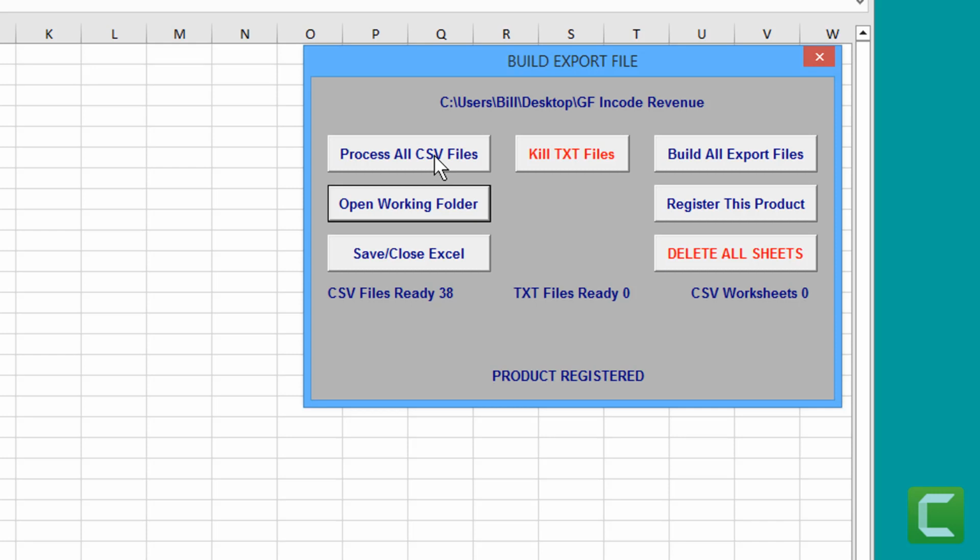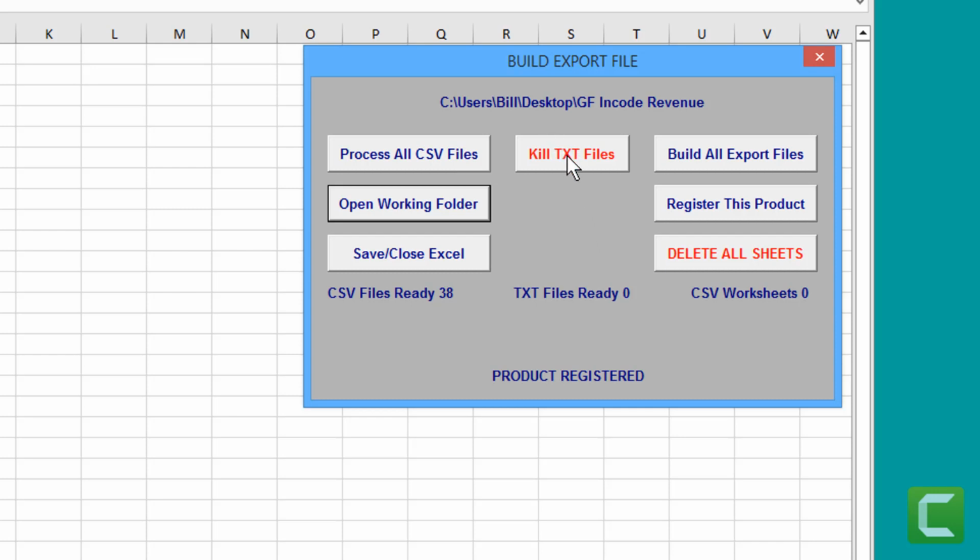Obviously, if you imported or exported a CSV from QuickBooks in July and you're not doing your conversion until August or September, then you would want to go back and overwrite all those CSVs with the current end of month or whatever date you're doing for your conversion. And I think that's about it.